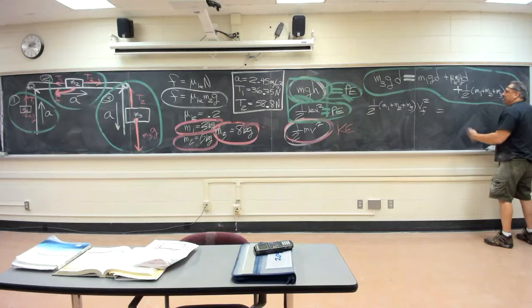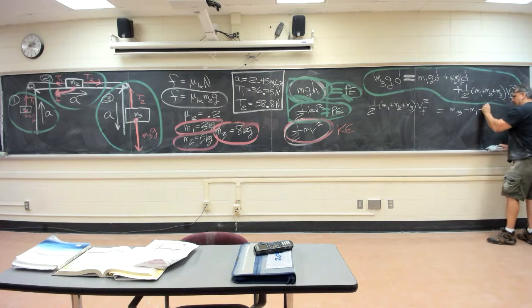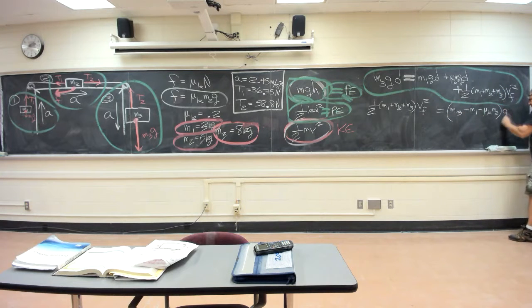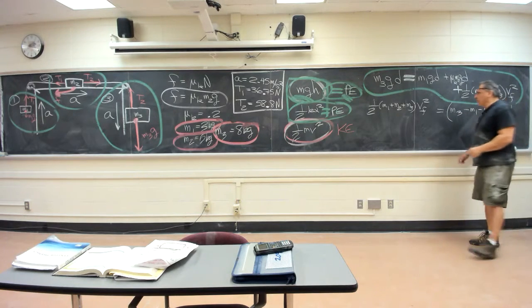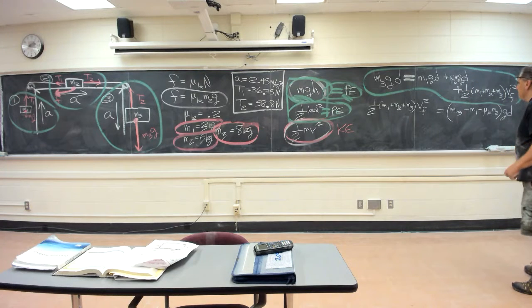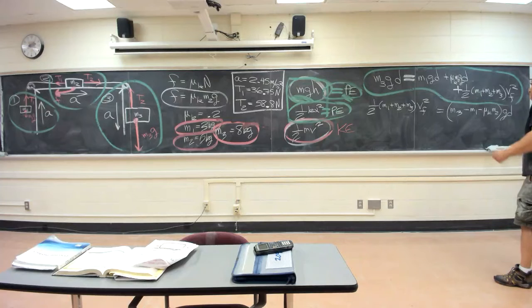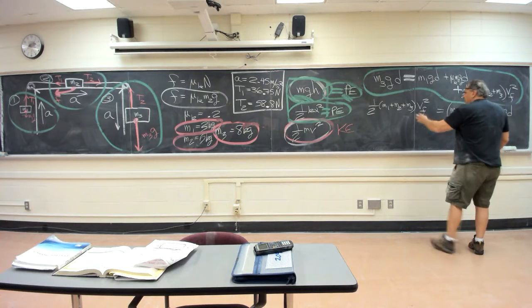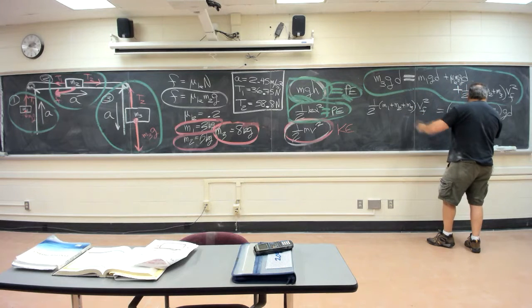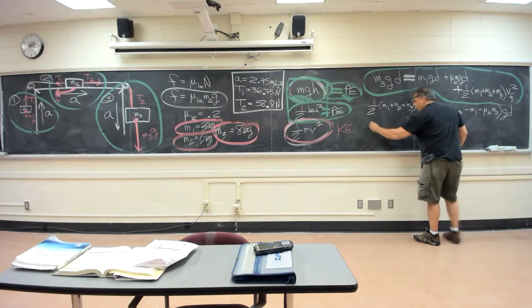And what we got is, the d's are there, the g's are there. We've got M3 minus M1 minus mu sub k M2, all of that times gd. The gd is there all over the place. That's what it is. At the end of the day, do the mathematics, guys. Multiply by 2 on each side, divide by that whole quantity, and then get the square root. You're looking at vf